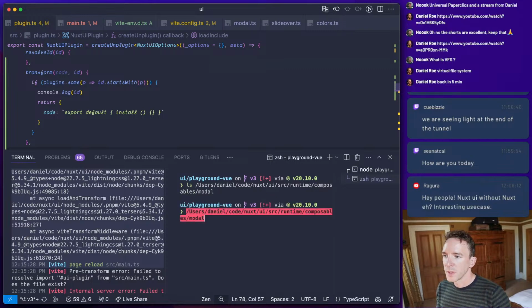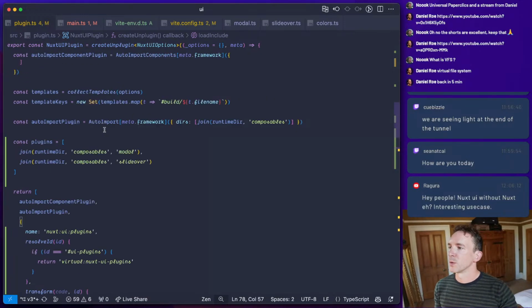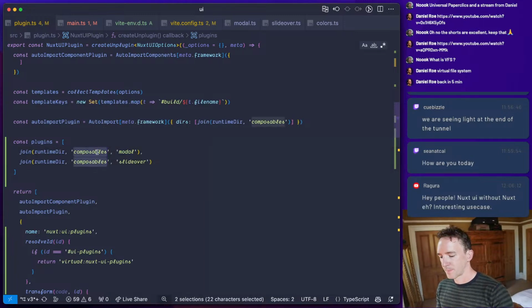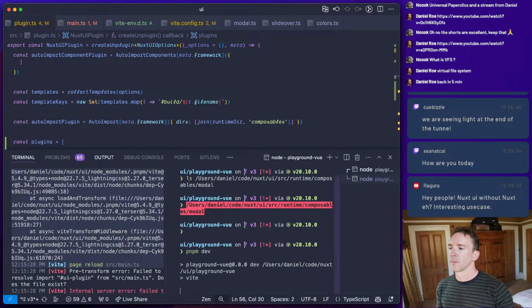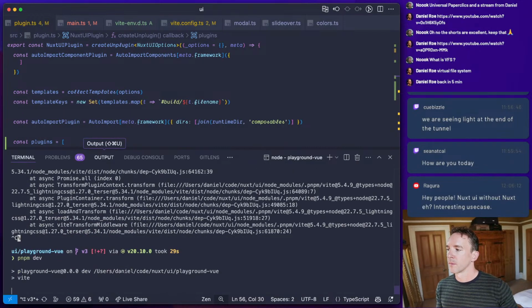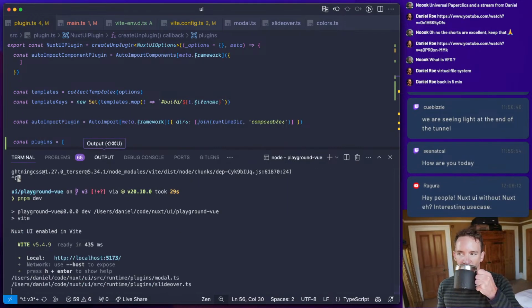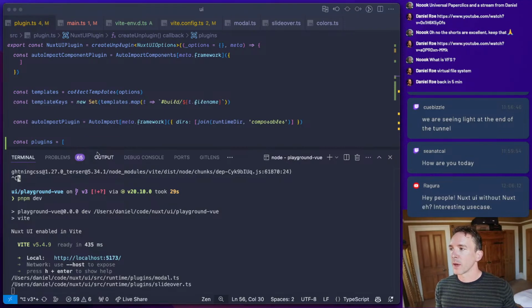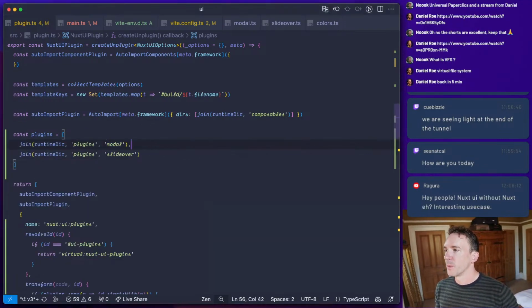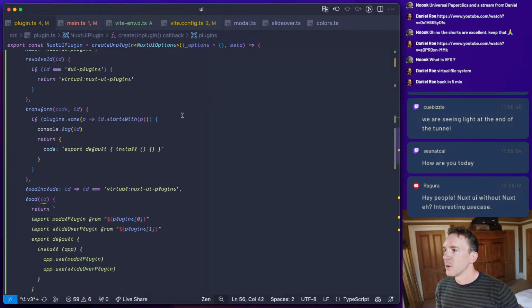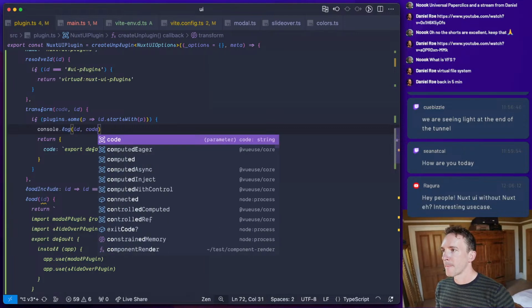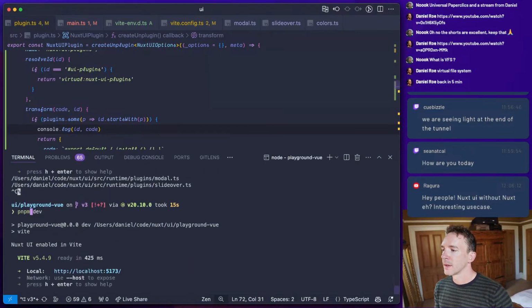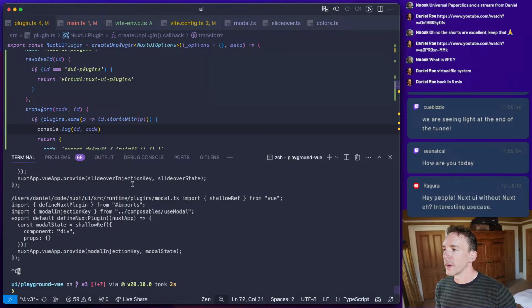Okay, that's obviously incorrect. Oh, I'm looking at it from composables. It should be plugins. Okay, so we are in fact transforming the code. And so in this case, what we want to do is say, let's just check. Got some code, great.